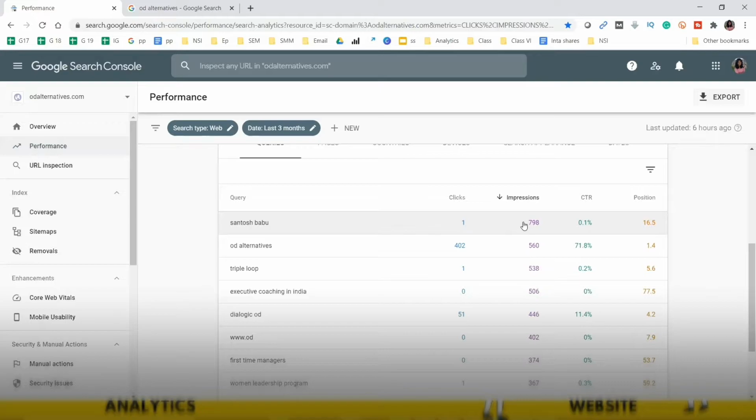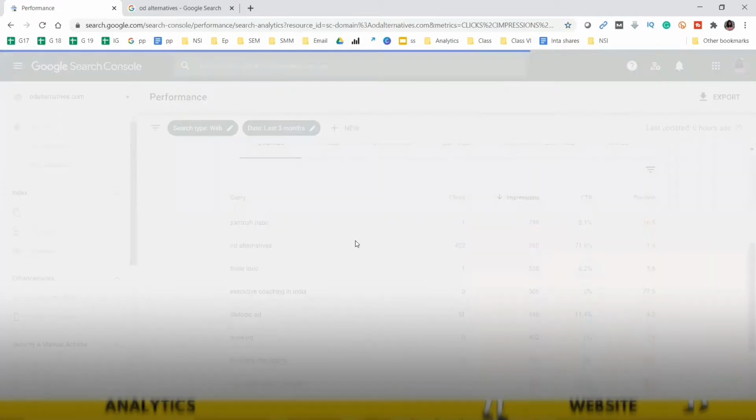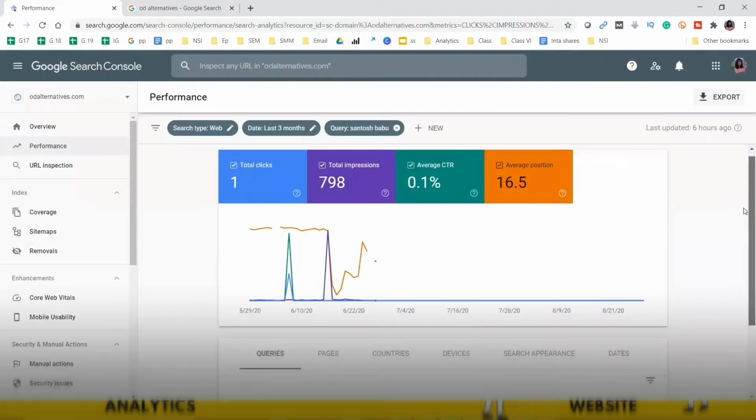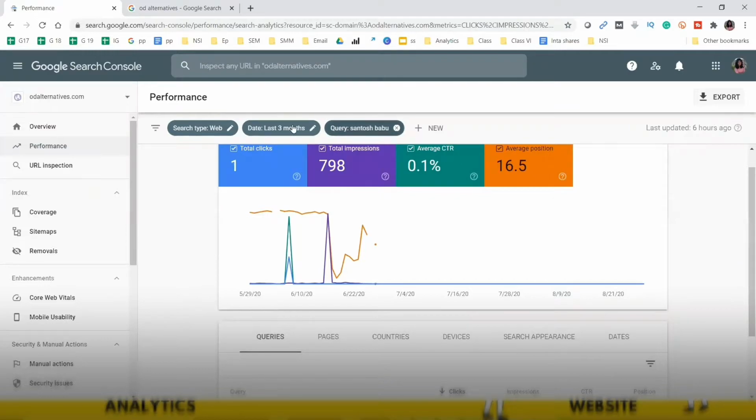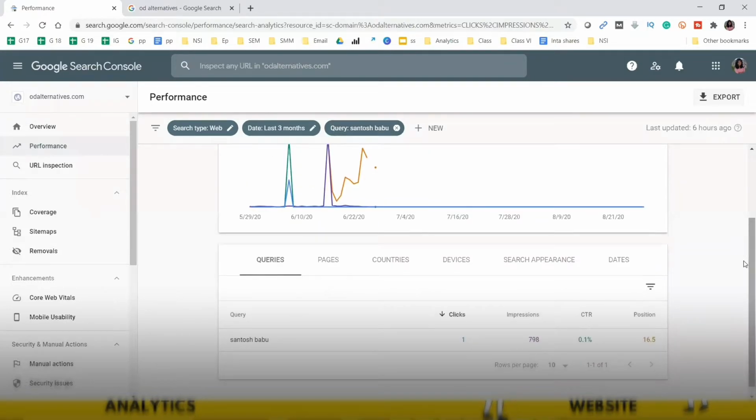His name perhaps is getting searched hundreds of times, but the CTR is very poor. I'll just now click on this keyword. The moment I click, you can see that we entered inside this search query. So now I am analyzing everything around Santosh's name.